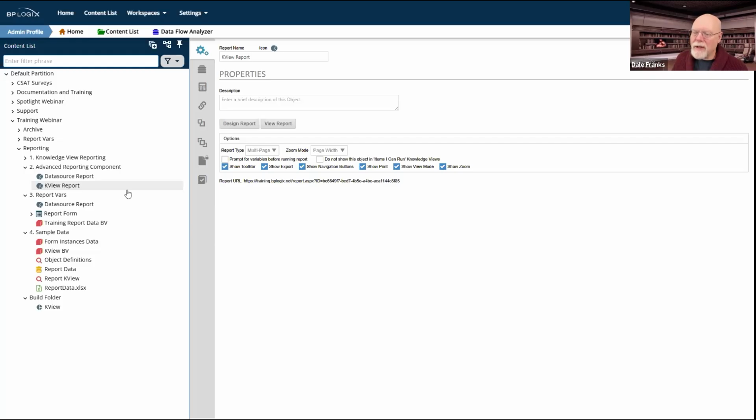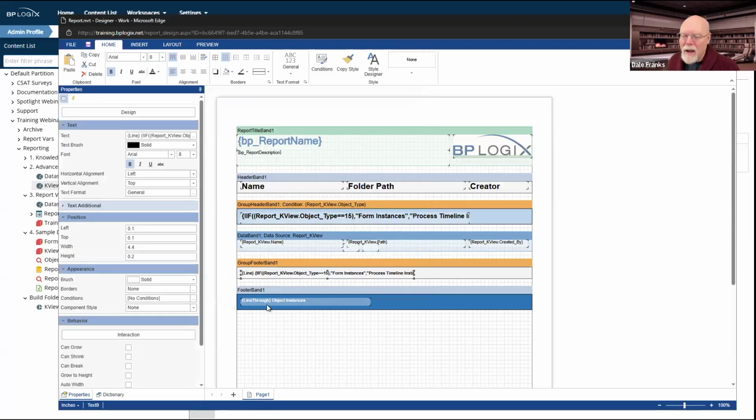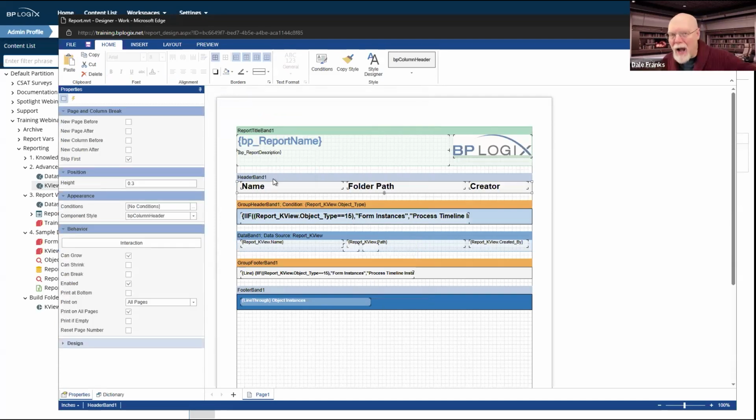Similarly, I've done something at the very bottom. I have a footer band. So here's my header band. That always goes at the very top of the report itself. Then I have my group header, which splits my data band into different groups.